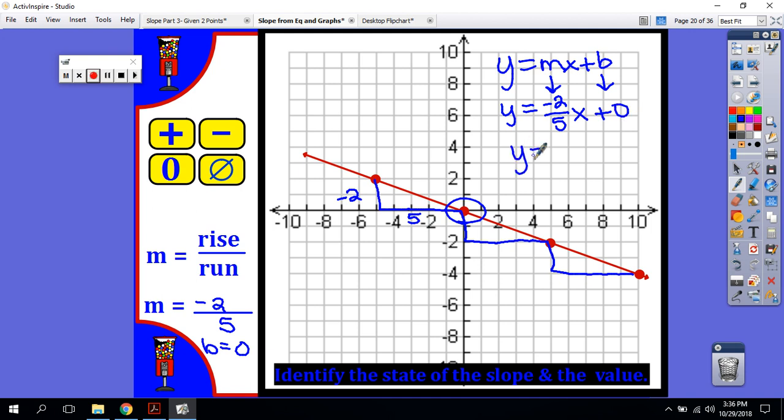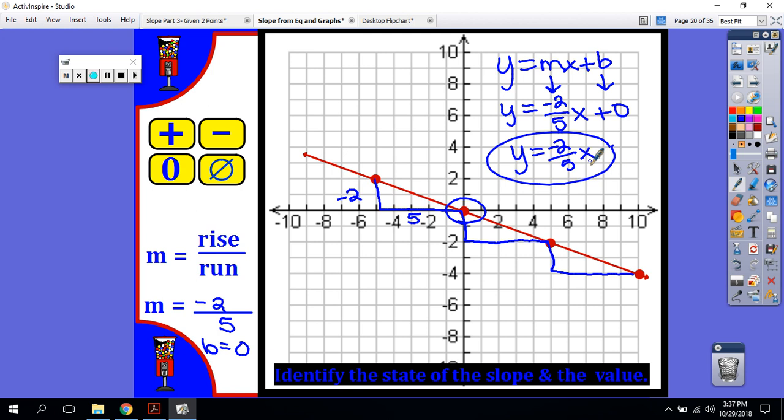Can we simplify anything? Think about how we would write it in algebra. Would we ever write +0? Because that's just nothing, right? So our equation would be y equals -2/5 x. That would be the actual answer. We don't need the +0. All right. With that being said, if I give you the equation y equals -2/5 x and ask you what is the y-intercept,